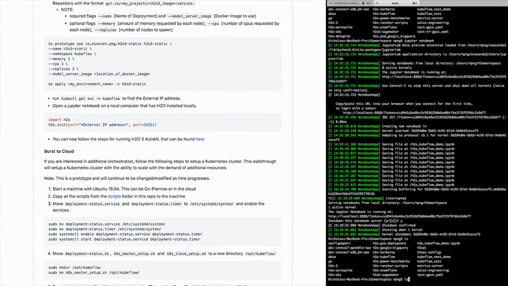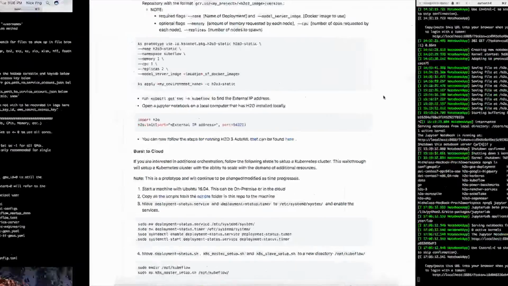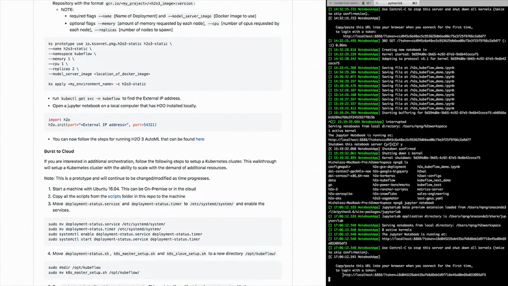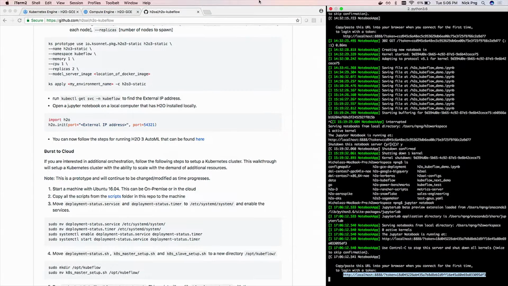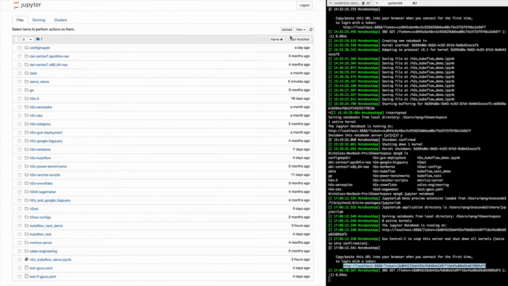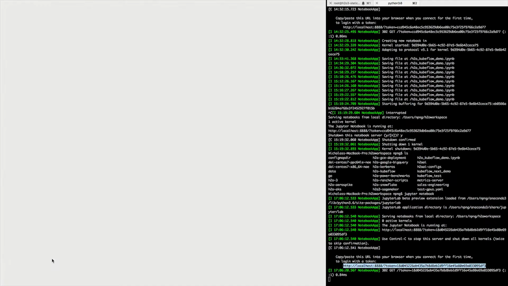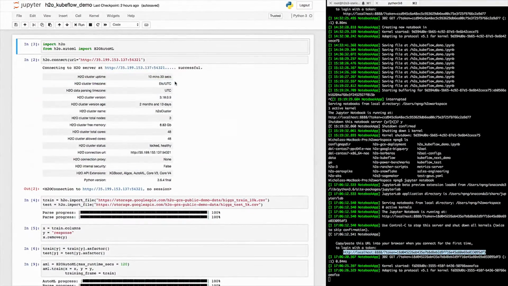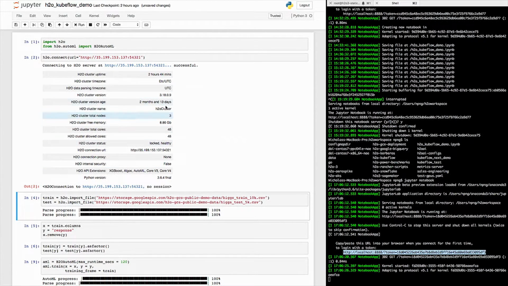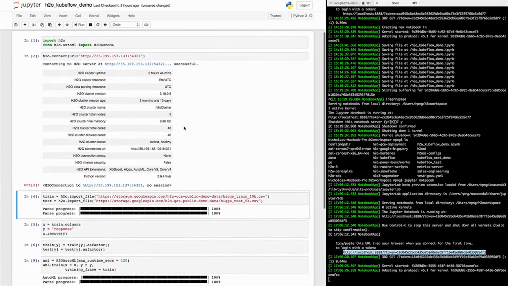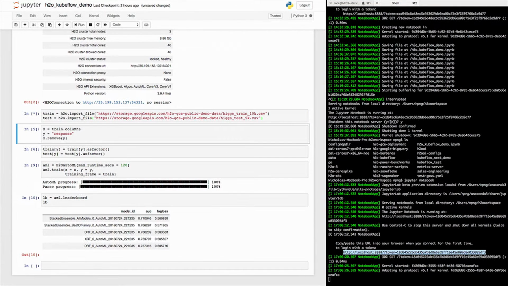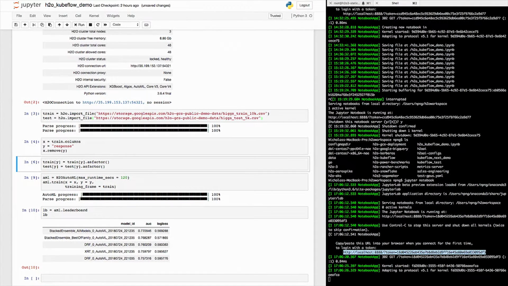Now, if we go to a Jupyter Notebook, open up the demo. This is just a quick notebook showing you what would happen. You would import, and this would be from your local computer, the H2O packages, connect to the specific URL plus endpoint, and it'll show you the resources. We have a cluster of 3 nodes, because that's the deployment package that I made. Go ahead and import some data, set up some data. This is running through a demo that's in our documentation.